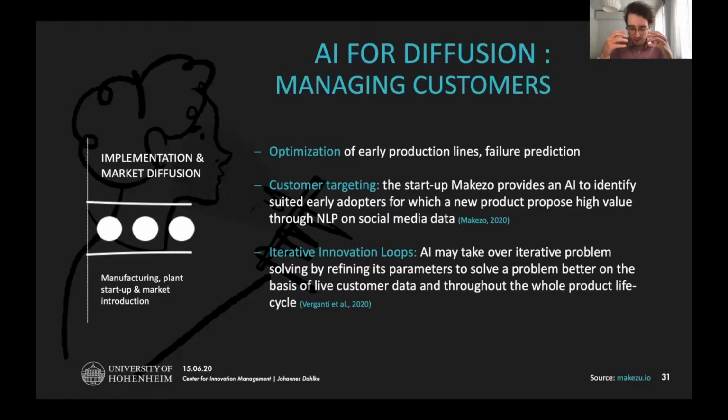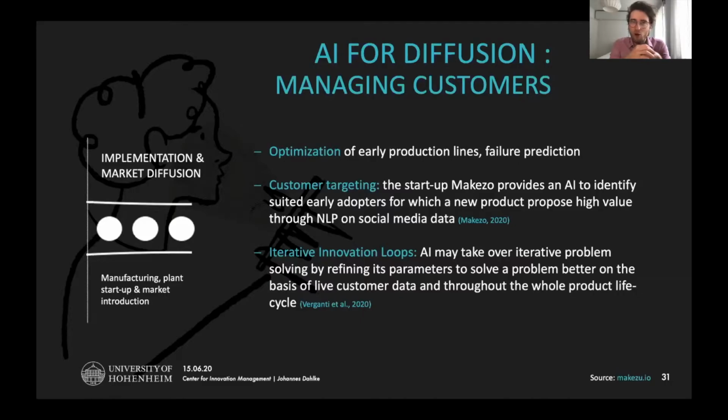And then there's another role of AI that has more to do with design thinking. So it goes back to the design phase a little bit, but a design phase that is delayed into the phase of market introduction. So basically in design thinking, you have a very iterative process where you have a prototype, a minimum viable prototype, and then you give it to a customer and an early adopter experiments with this product, or you have a laboratory experiment, and then you see what works, what doesn't work, and you refine the product.